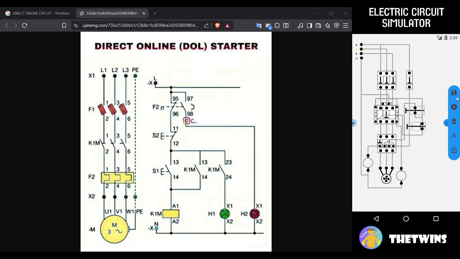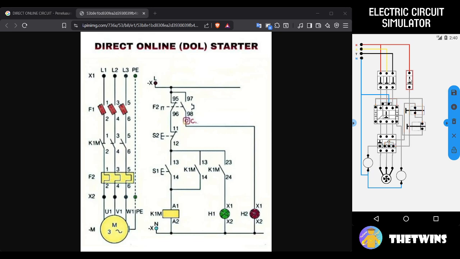Let's save the project first. Click this to save the project. And we try the simulation. To control the component, you can directly click the component like this.